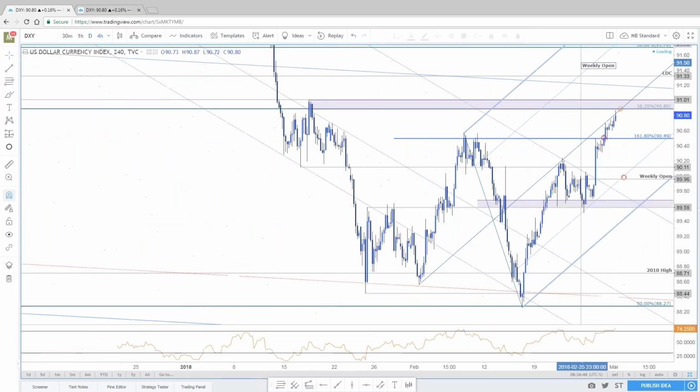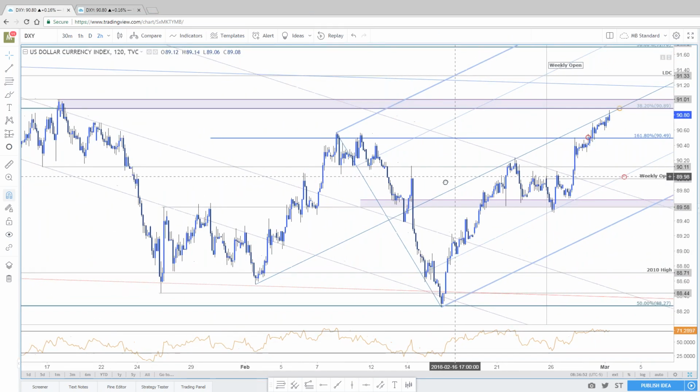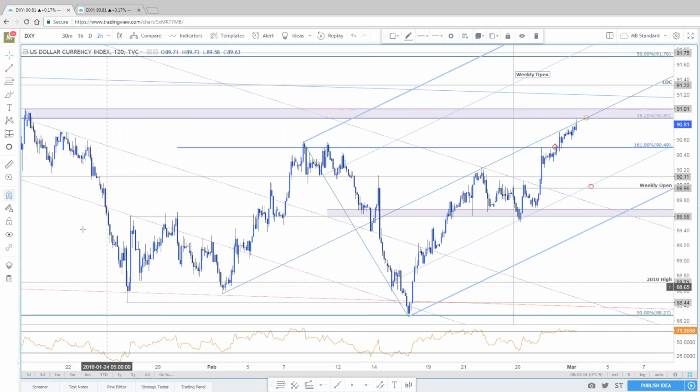Here's what it looks like now. Here's the 120 exactly like it was last night. And you can see all we've done is continue to hug, press up against that median line. And here's that 90, 89, 91 level. So a region of near-term resistance, you could get a kickback off that. Again, pullbacks are to be bought while above 90.11. Remember, 89.96 is the bullish invalidation. And on a break higher, you're looking right at that low day close, again at 91.33.